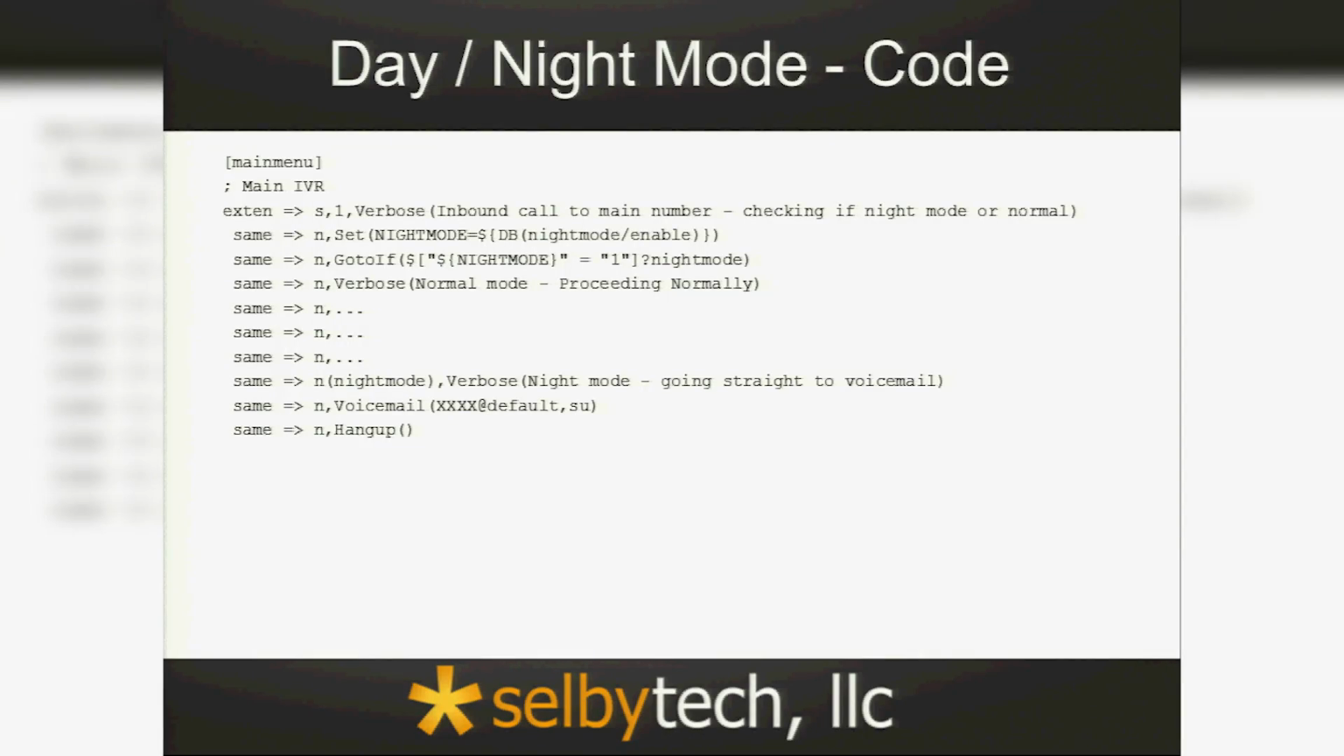Okay, this is main menu code to do the check of whether or not you're enabled. It's just, again, a simple set night mode variable based off of the DB, the AskDB key code. If it is enabled, your key is going to come back. Your variable should be set to 1. So you would jump to the night mode